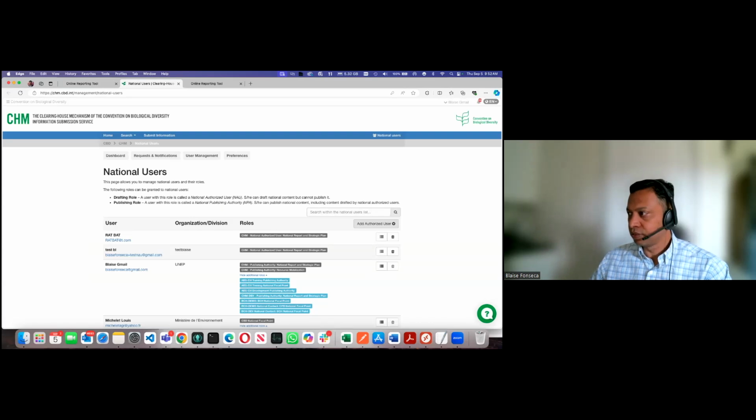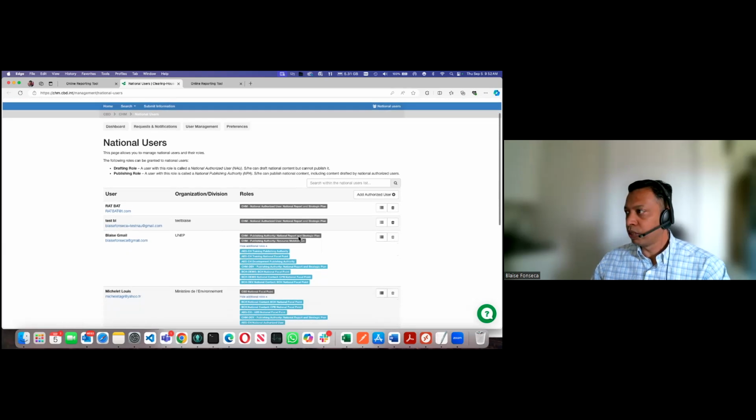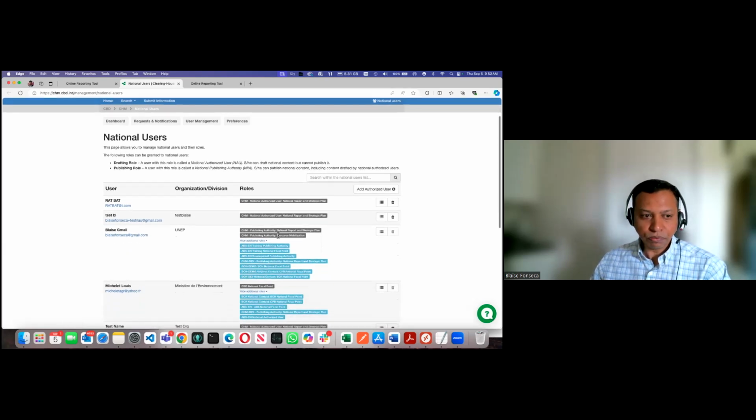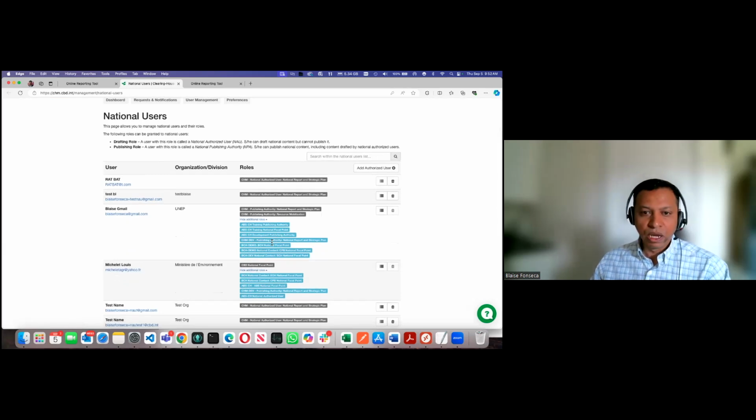Please go ahead. Yes. So once the new national focal point comes on board, it is recommended that he navigates to the national users section on CHM, where he will be able to see all the nominated users from your government. If he sees any of the users are no longer working for your government or no longer represented, you can either delete them, or if they have multiple roles and have been moved to